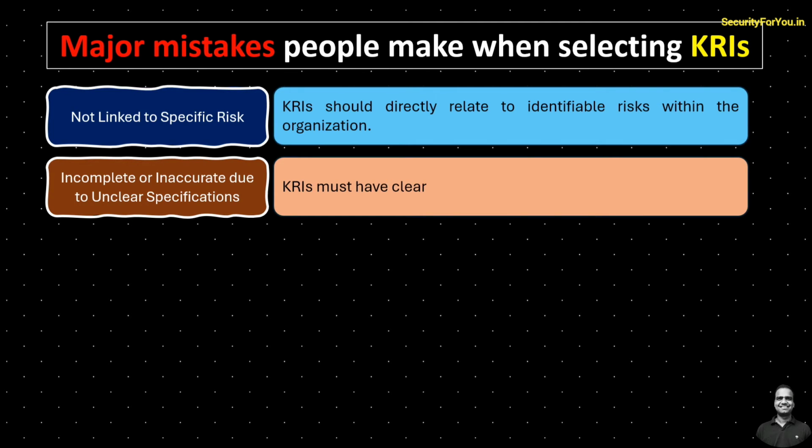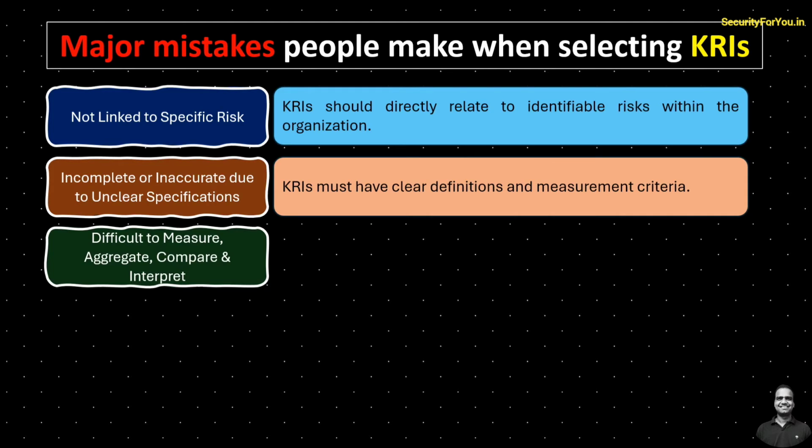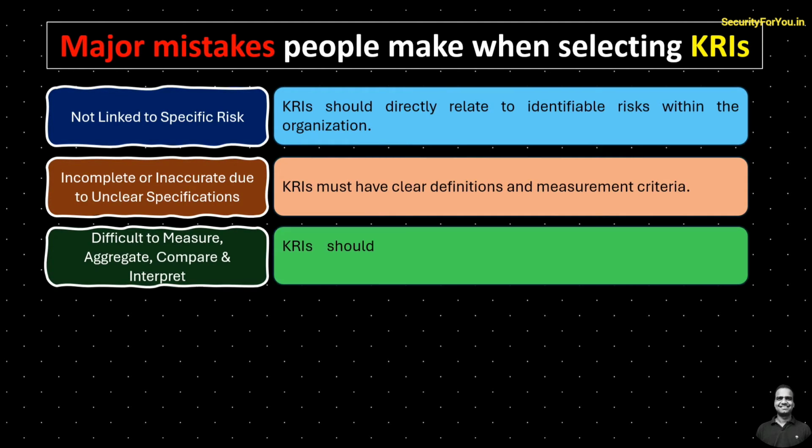KRIs must have clear definitions and measurement criteria. For example, if the KRI is number of cybersecurity incidents, it should specify what constitutes an incident, like data breach or malware infection, and how they are counted. Difficult to measure, aggregate, compare, and interpret. KRI should be measurable and interpretable to provide actionable insights. For instance, if a KRI aims to measure employee training effectiveness, it should have clear metrics like the percentage of